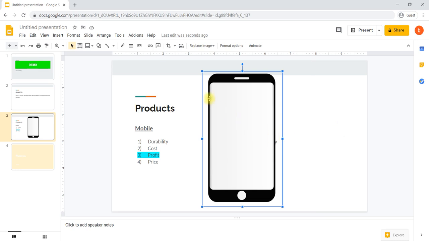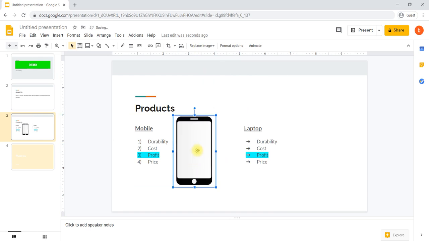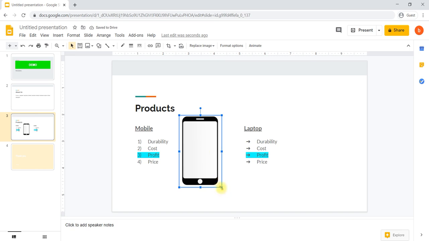Okay, then to reduce the size, what we have to do, we have to go to the corner. Okay, that blue dot is there, the corner dot, click and drag so that you can reduce the size. Then you can select and drag to place it where you would like to place it. Okay, this is about